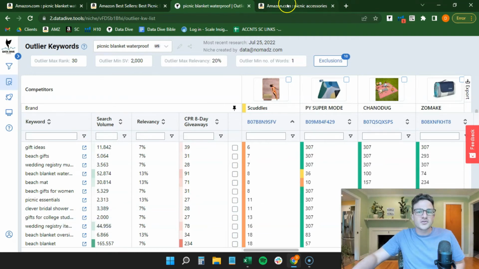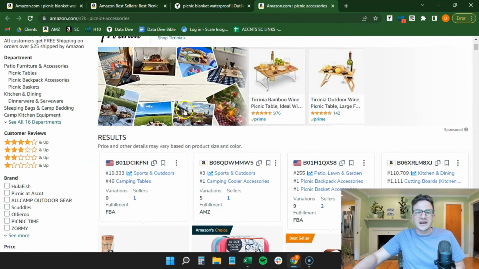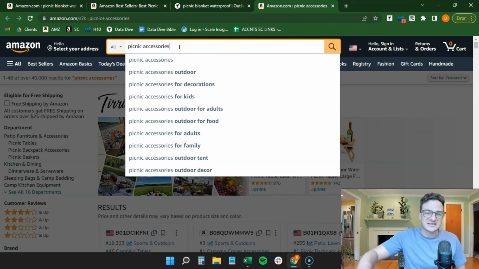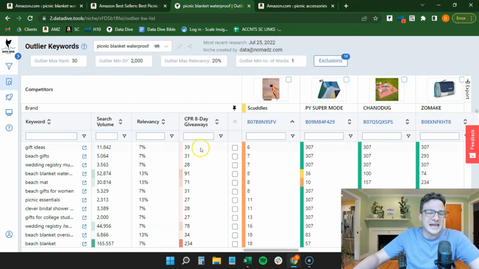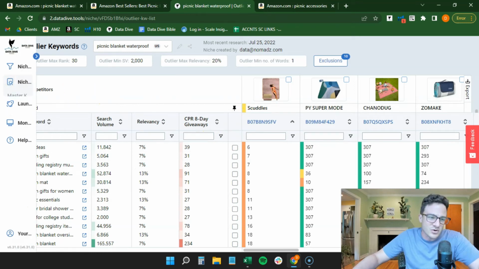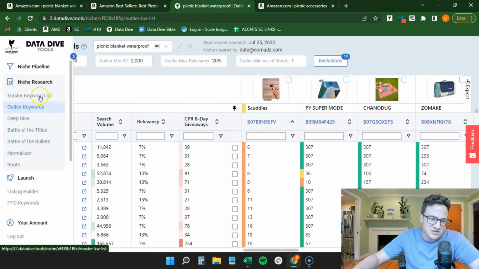So do that, maybe search for some more long tails, picnic accessories. You can see, okay, picnic accessories for food, for family, right? All that good stuff. You can kind of build a new keyword list from there. But the whole point of this is to keep building to your master keywords list. So when I come back to the master keywords list,